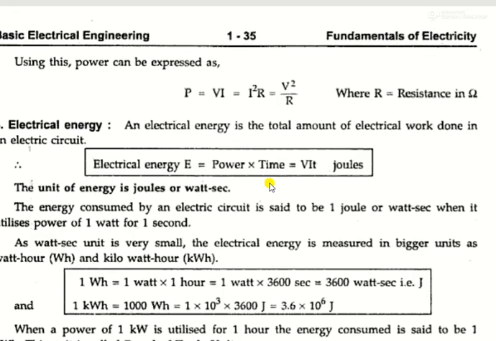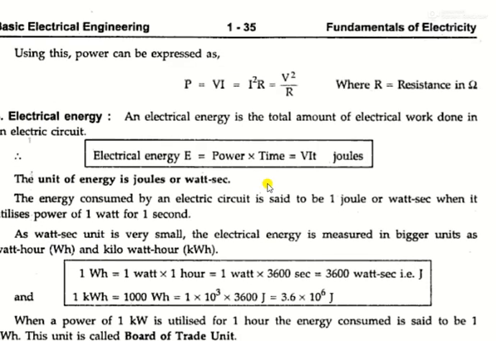Okay. Now by using this relation between V and I, we can express the power P, which equals V into I. Again, with the help of the V is equal to I into R relation, P also becomes I square R, that is I into I, square into R. And we can also express P as V square by R, where R is the resistance which is measured in ohm. Okay. Ohm's law we will discuss in the next lecture.